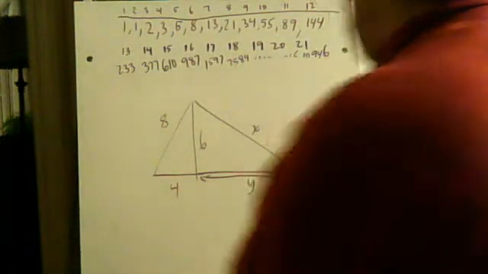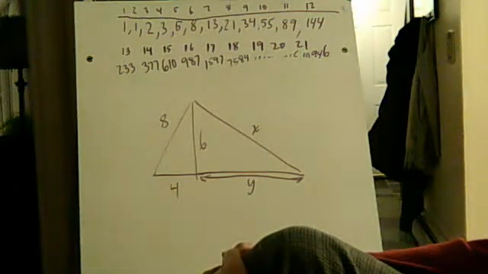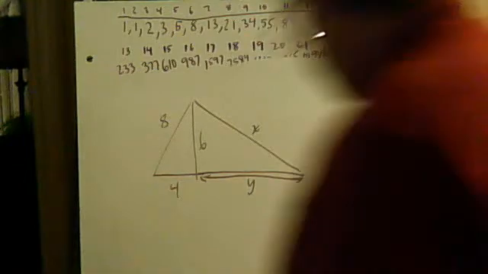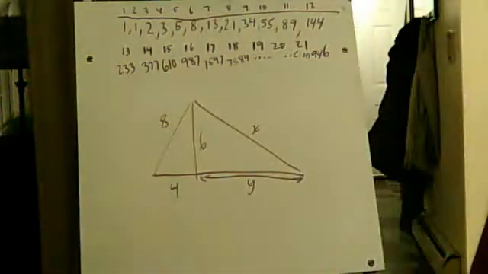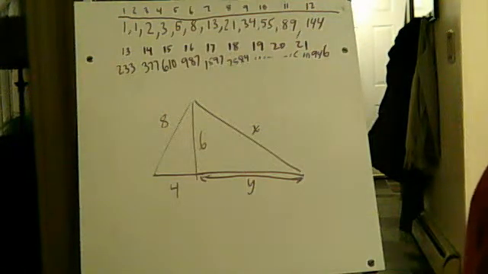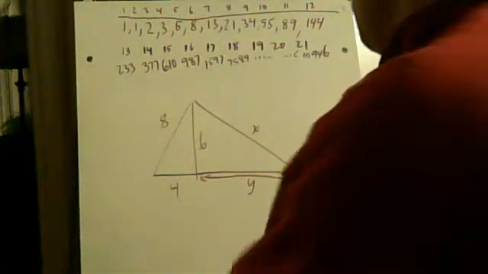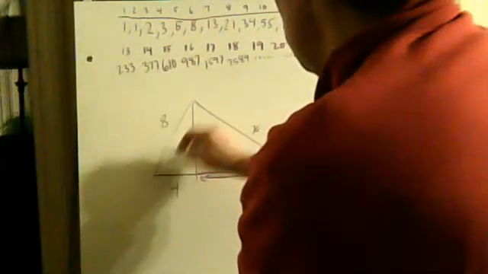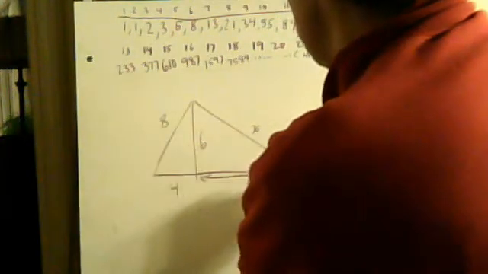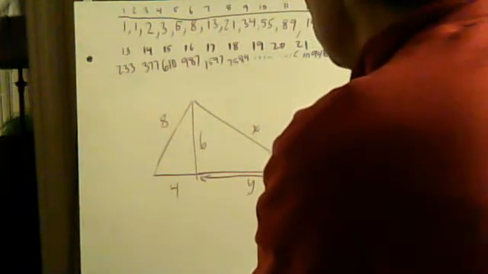X. Seems reasonable. That's the way I would try it. Now there might be more than one value for x and y. It says find the values of x and y. I'm just going to start with this one. I'm going to say that if this is the longest side, then there's going to be a couple of ratios like